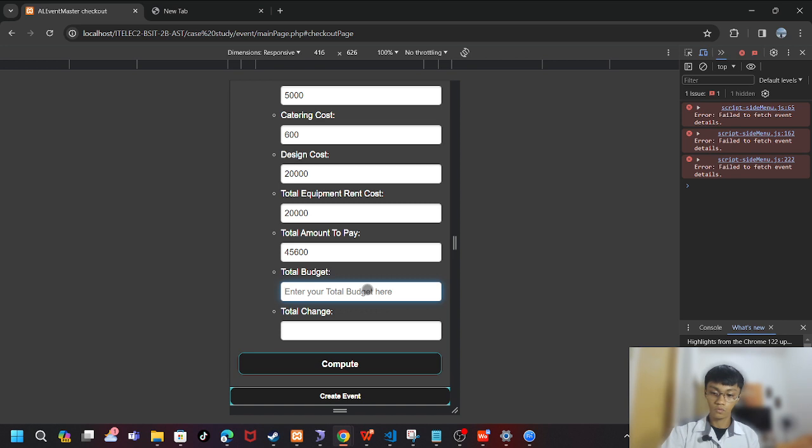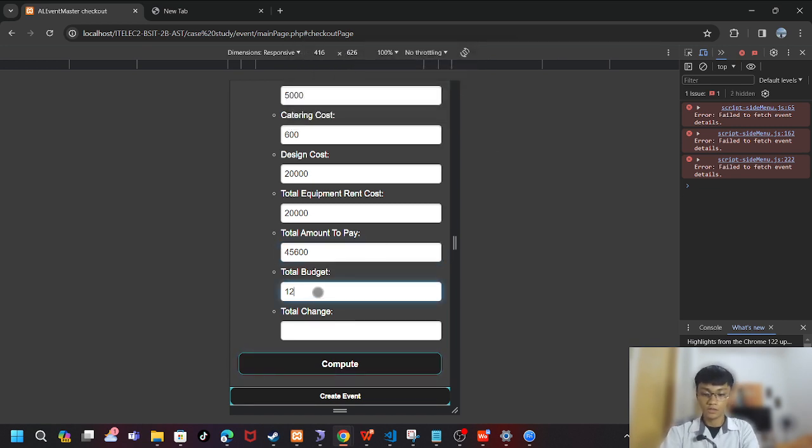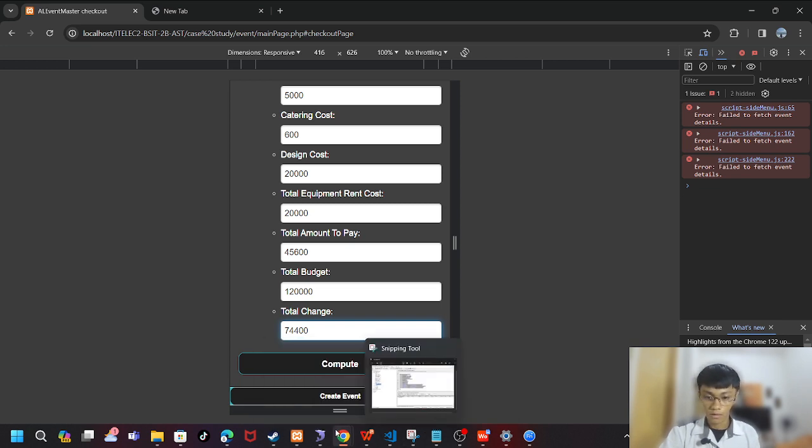So if you put something that is less than the total amount to pay, and you click on compute, there will be an alert that will say the budget should be equal or greater than the total amount. So let's adjust the total budget to say 120,000, and then we click on compute. Then it will show you the total change, and then finally we can click on the create event. But before that,